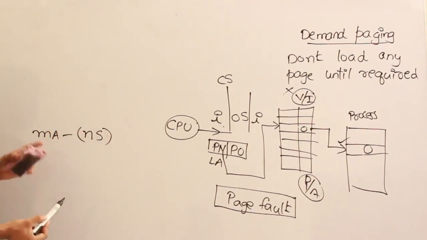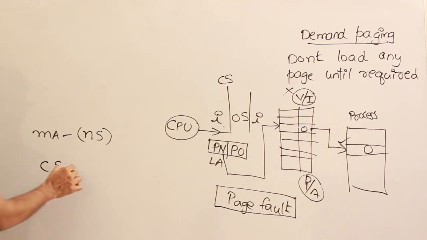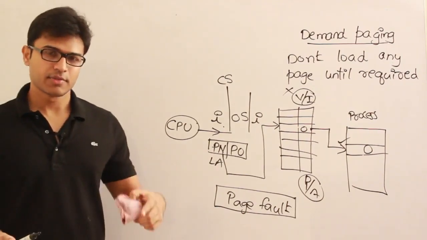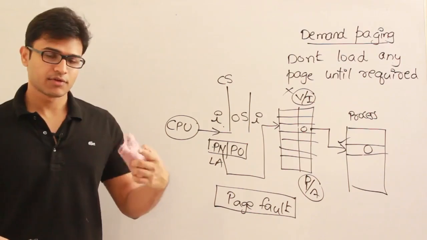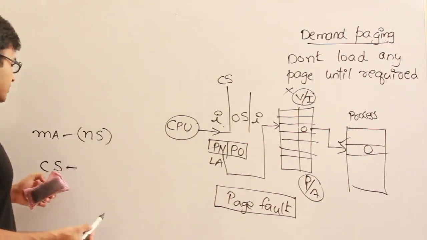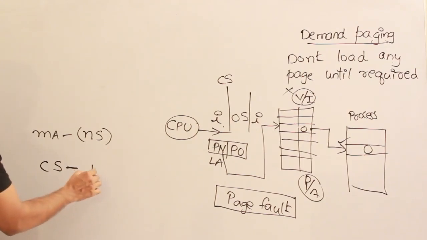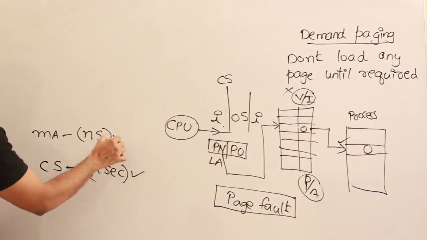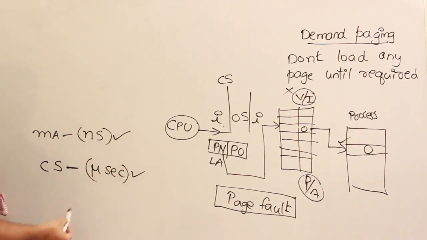Now in case of page fault, there has to be a context switch. What is a context switch? The process which is causing this page fault has to call the operating system, right? Now the operating system has to run, therefore there has to be a context switch. For this context switch, the time taken will be in microseconds. Microseconds means 1000 times this one. Why is this so? We have to execute a few instructions in the operating system code,